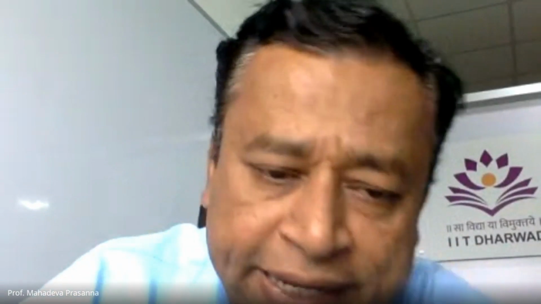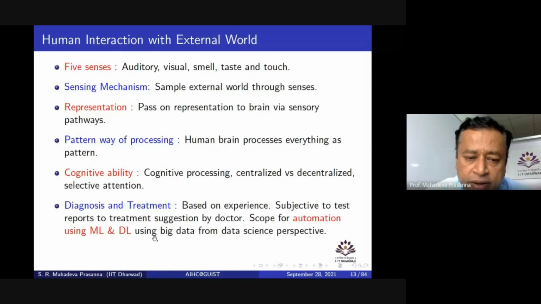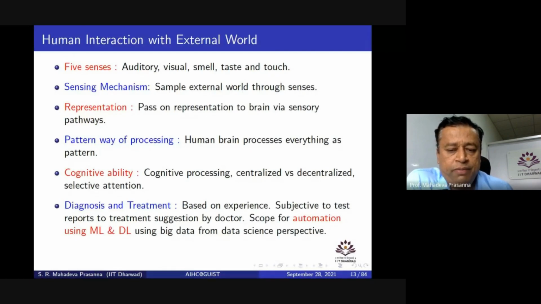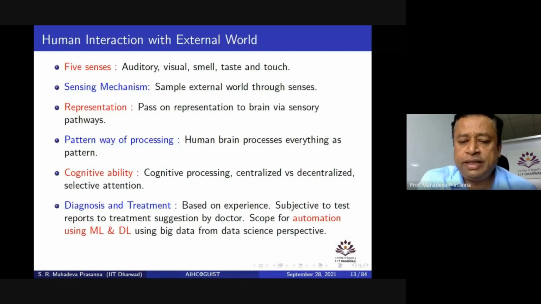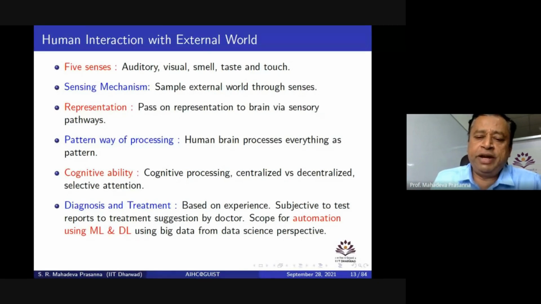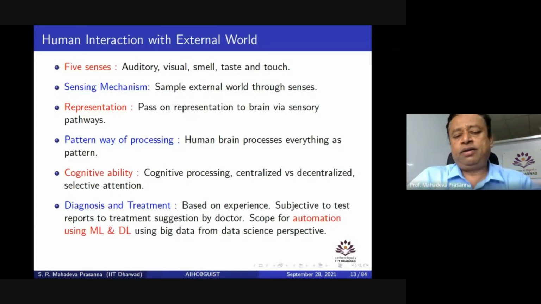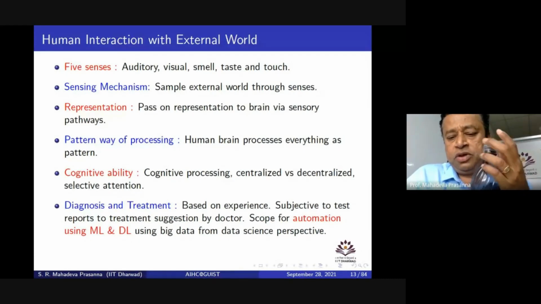Now, why ML and DL? When I go for diagnosis and treatment, it is mostly based on experience. The more experienced the doctor or the clinician is, the better the possibility of predicting what may be the health condition of the person. That was the earlier era, where you had minimum testing devices or testing labs. Doctors used to completely rely on their experience. So accordingly,